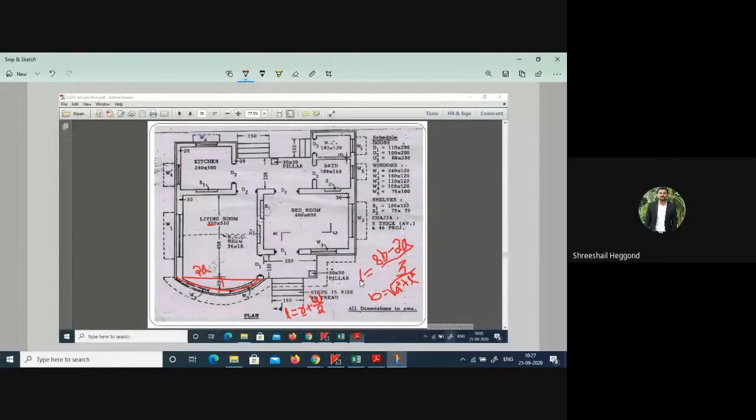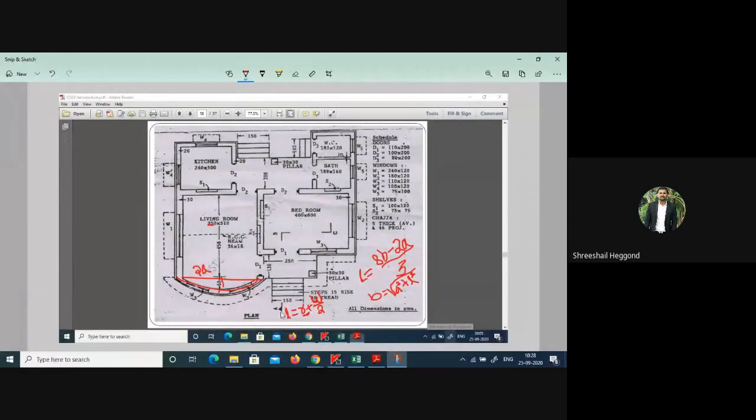The arc length calculation equation is L equal to (8b minus 2a) divided by 3. In that, b can be calculated as b equal to square root of a square plus l square, where l is small l. And l can be given as R plus W divided by 2. R is rise.